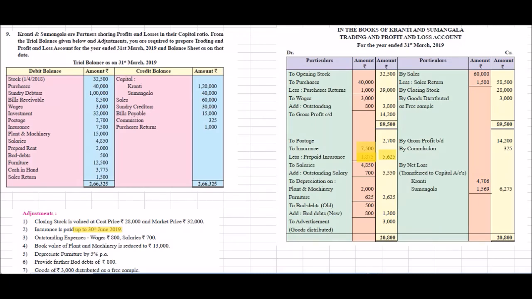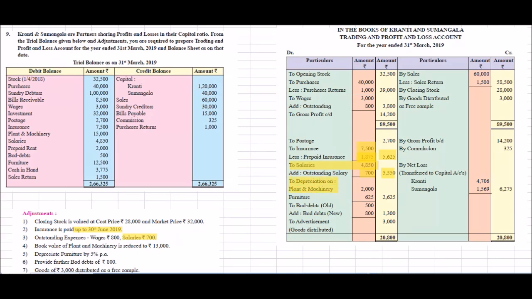Salaries amount is 4,850, and outstanding expenses of salaries is 700 rupees, that we are adding. Outstanding expenses we are always adding with the trial balance entries. So it becomes 5,550 rupees. Next is depreciation on